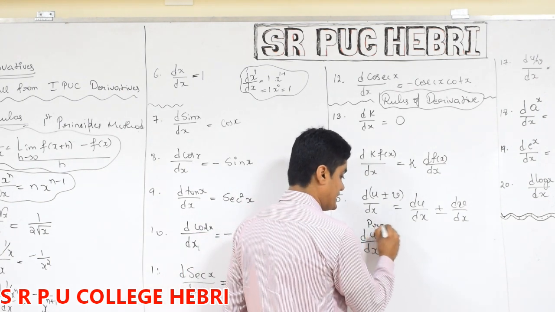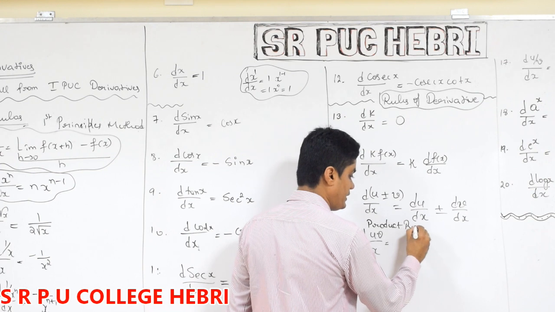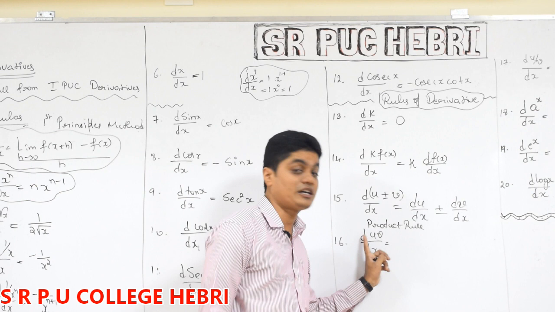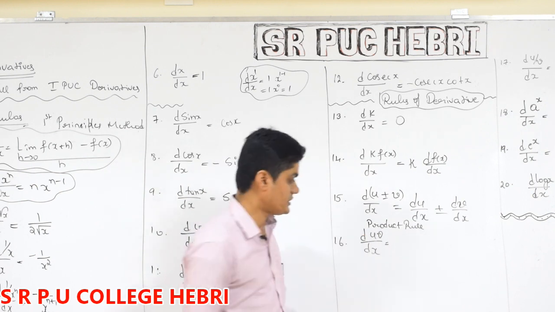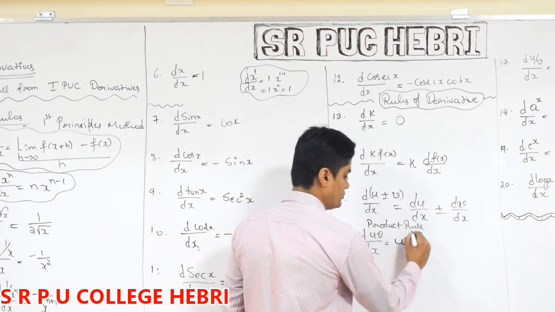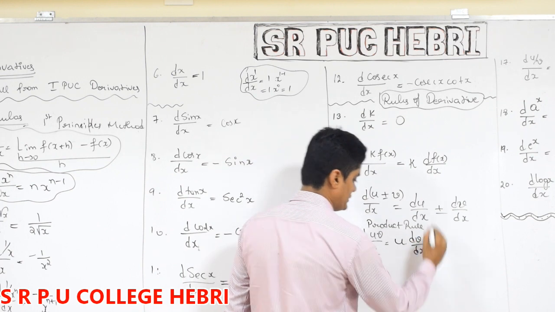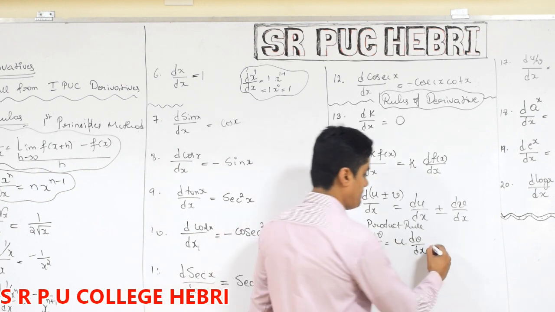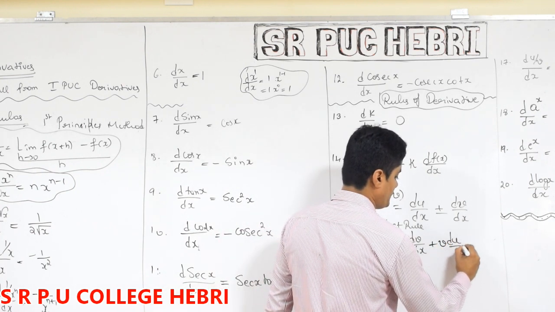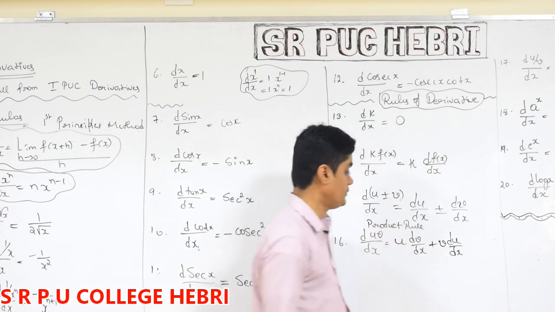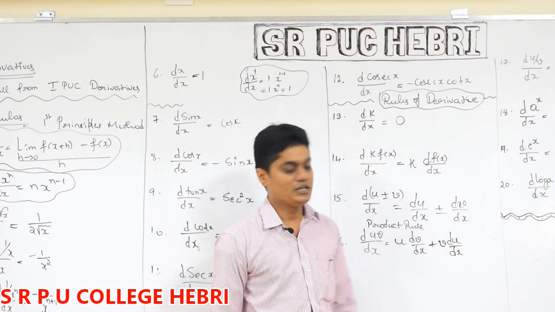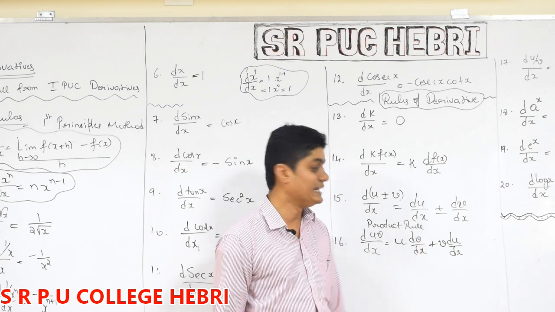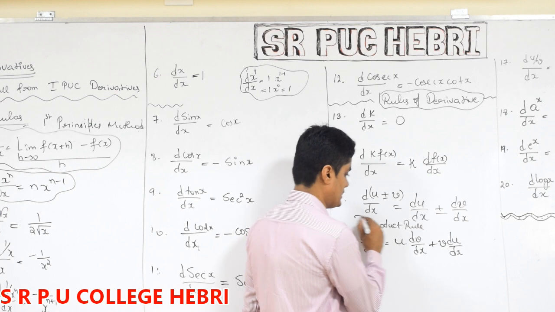Maybe remember this, it is called product rule, a very important formula. Why is it called product rule? It is the derivative of a product of two functions. It is nothing but u into, you must remember this, keep the first one as it is, find the derivative of the next one, plus v into the derivative of the first one. So the rule is d by dx of u into v is u dv by dx plus v du by dx. This is called product rule.